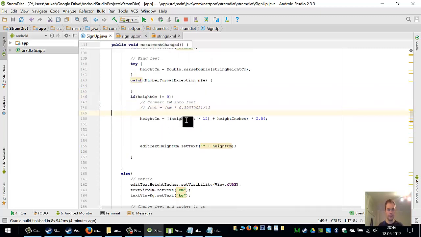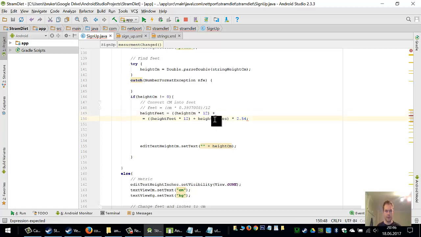So height in feet equals to height in centimeter times 12 plus times